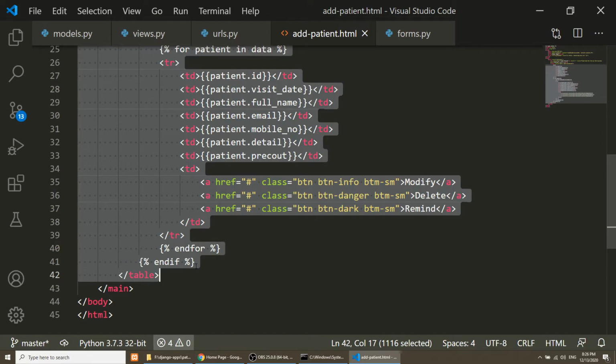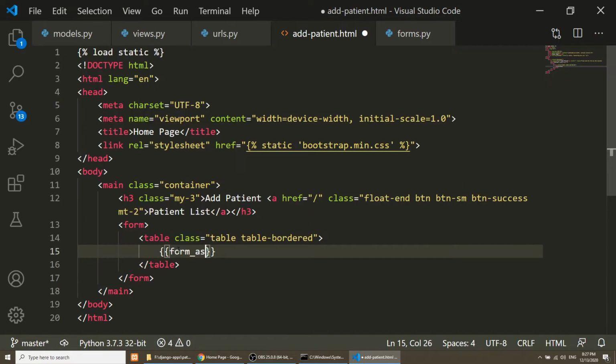So this will be the form tag, and we will add the form here. Now we are passing the form, so we will show the form as a table. So form.as_table, and we will create the button, input type submit.